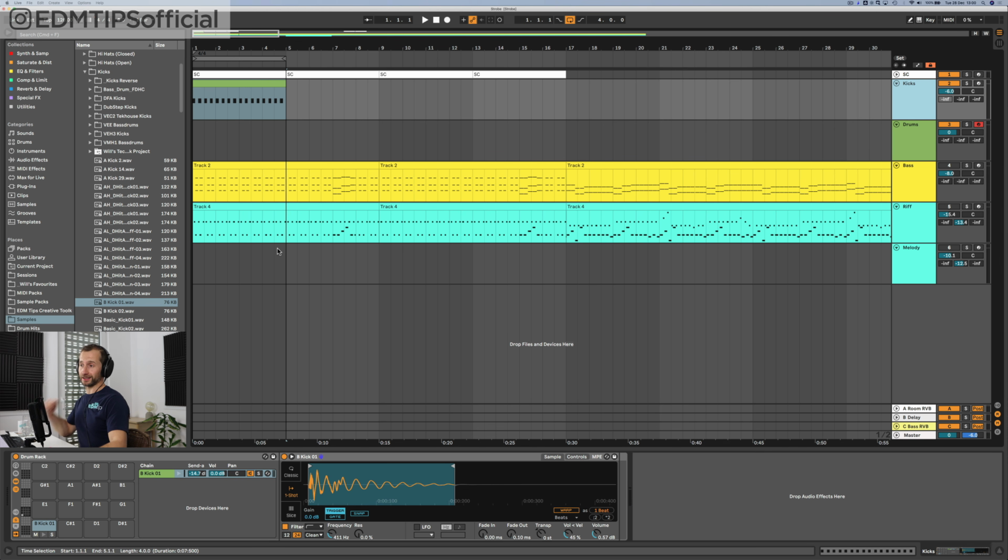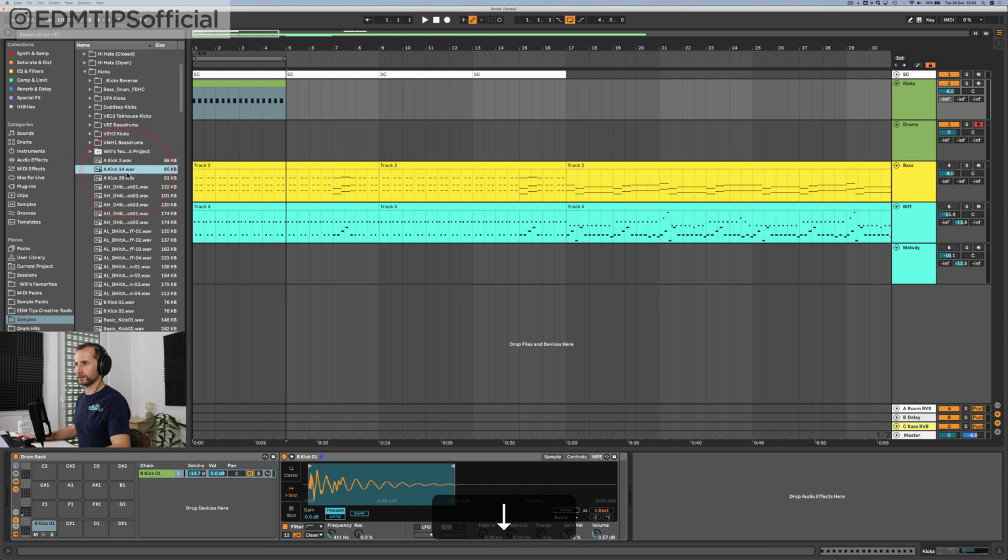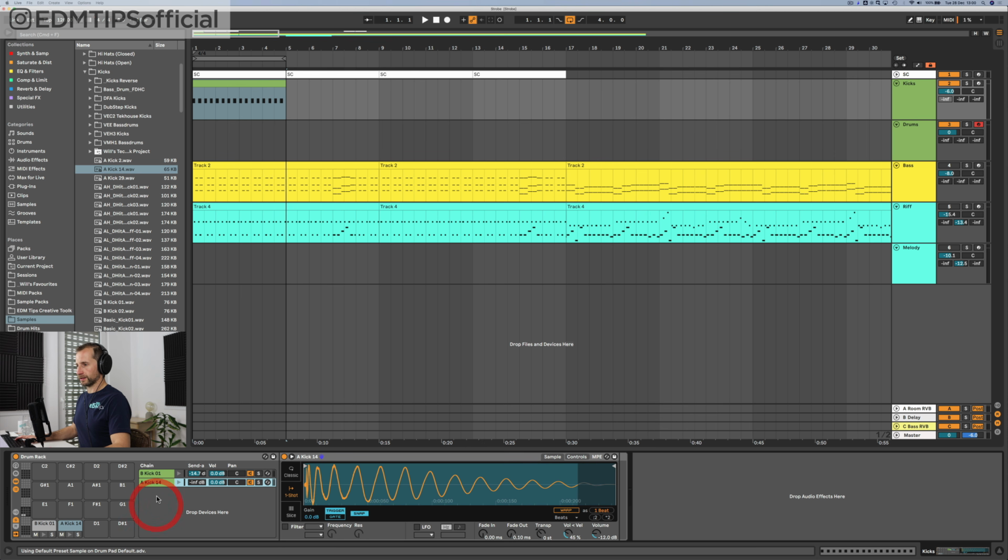Now we want the main kick, the main body of the kick. So I need something a bit more beefy. Okay, I'm going to use this one. Now what I'm going to do for this is filter out some of the high end because we've already got the high end being catered for by this kick. So now we need the low end on this. I'm going to transpose it down a semitone, because I think it sounds a bit deeper, a bit nicer. And let's take out the high end.